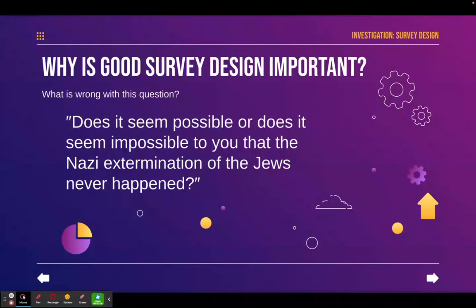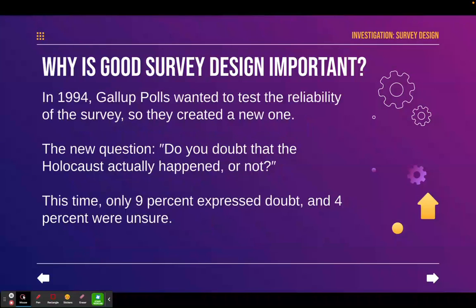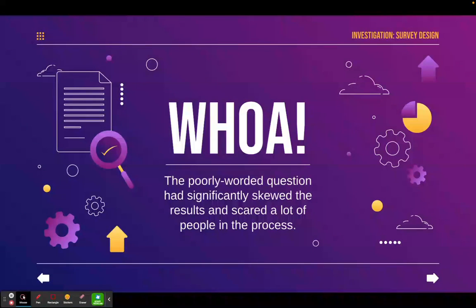So in 1994, 2 years later, Gallup polls wanted to test the reliability of this survey, and they created a new one. They said, do you doubt that the Holocaust actually happened or not? This time, only 9% expressed doubt and 4% were unsure. If you think about the political makeup of our country today, I think that this is probably more in line with reality. So, that poorly worded question significantly skewed the results of the survey,